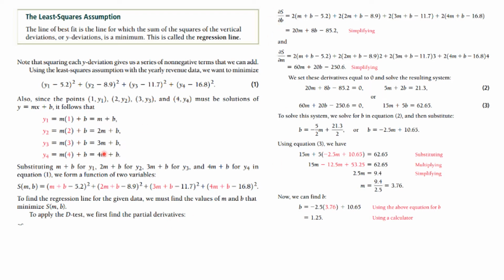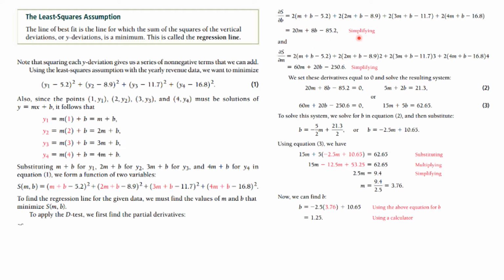And when we take the partial derivatives, they'll be kind of simple, because each of these, we're taking the derivative with respect to b. So this is going to be 2 times this business. Actually, down here, it'll be 2 times this business, plus 2 times this business, plus 2 times this business, plus 2 times this business. And so that's what we will get. And we can collect like terms, and we get that this is going to be 20m plus 8b minus 85.2